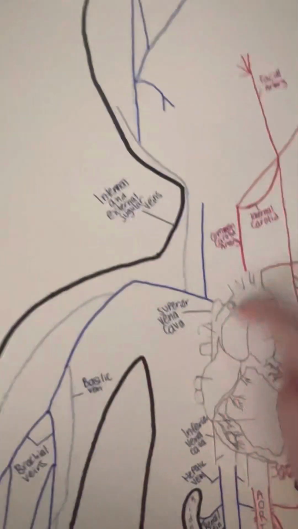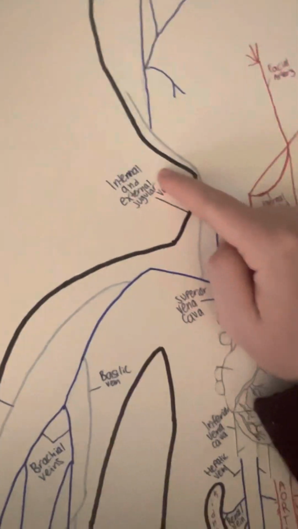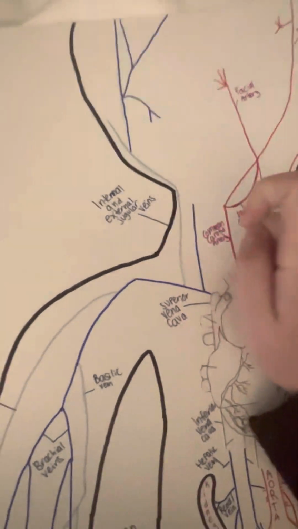And then up at the head, you have your internal and external jugular veins, which is